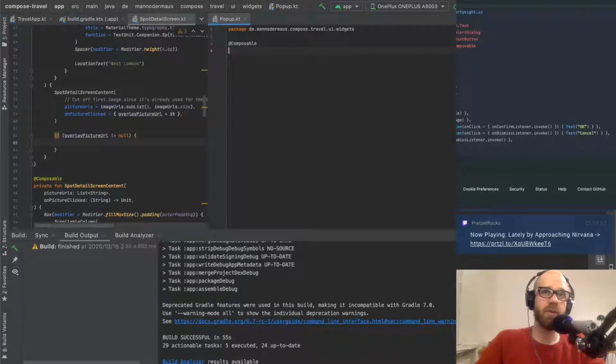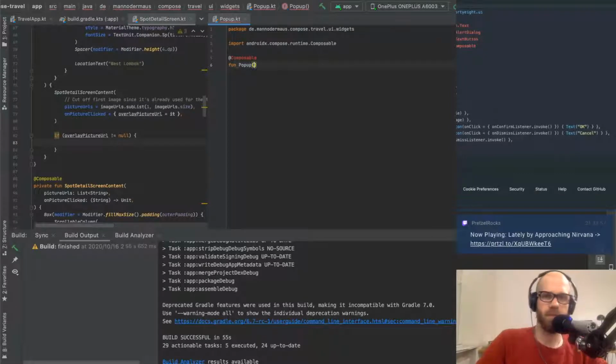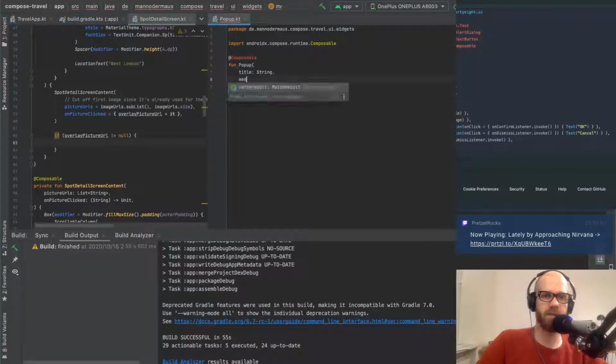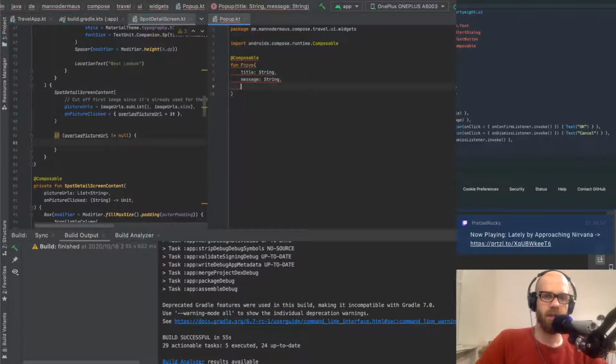Creating a composable function called pop-up, which has a few things. Has a title, has a message,